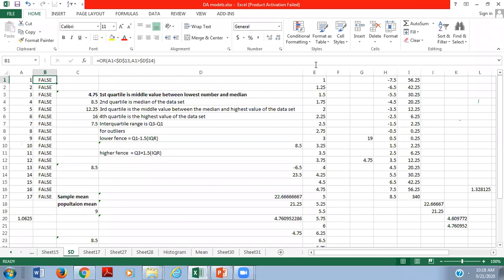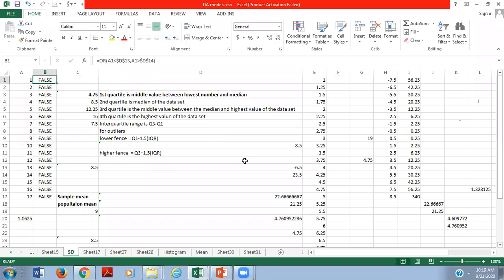You all have to work on this Excel sheet to get more and more practice on a particular concept, right? Because data analytics depends majorly on Excel only. Even whatever statistical concepts we are discussing right now, maximum what we have to do is put the statistical concept on an Excel sheet, right?